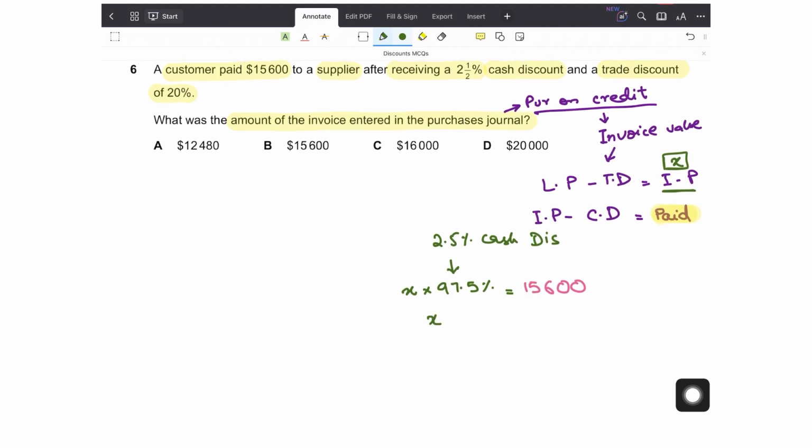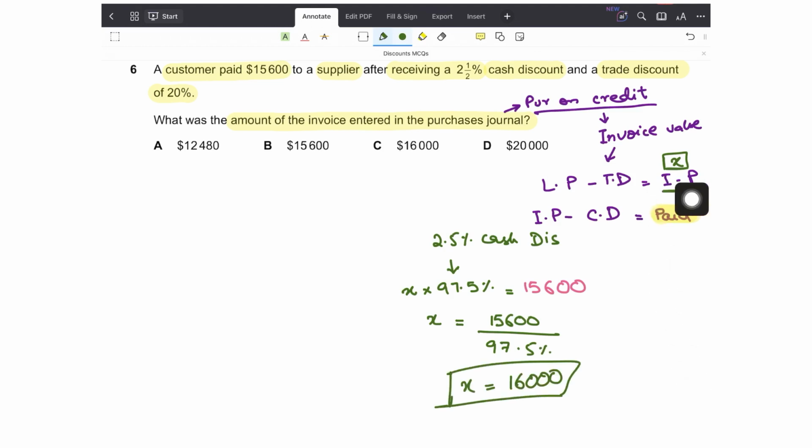If I simplify it further, that would be X equals 15,600 divided by 97.5%. So X equals 16,000. What is this? This was the invoice price. And that is what was asked in the question. See, invoice value. The question was, what was the amount of the invoice entered in the purchases journal? So we will